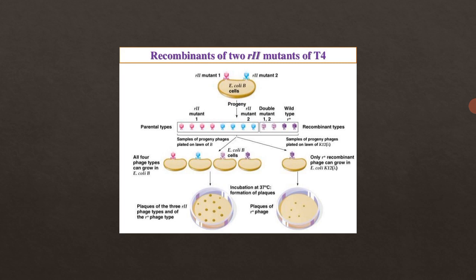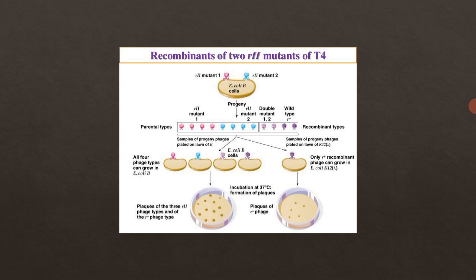Now first type we got R2 mutant 1, wild type. These are two wild types. Now remember, in case of the plaque morphology we studied, after the cross of the wild or the parental ones, in the result what we got? Two cells of the parentals, right? Two parental cells as it is we got, and along with that two recombinants we got. So in a similar way here also, after crossing of these two mutants, we got two parental mutants, mutant 1 and mutant 2.